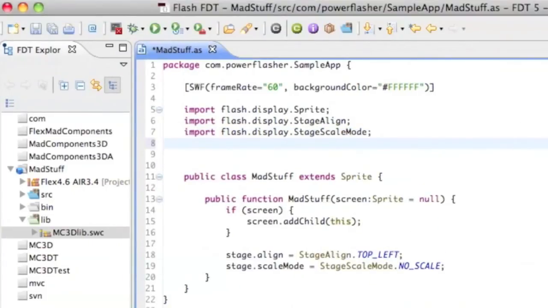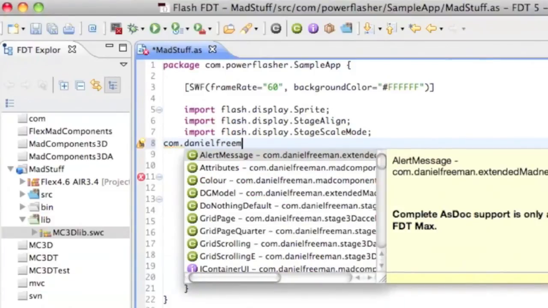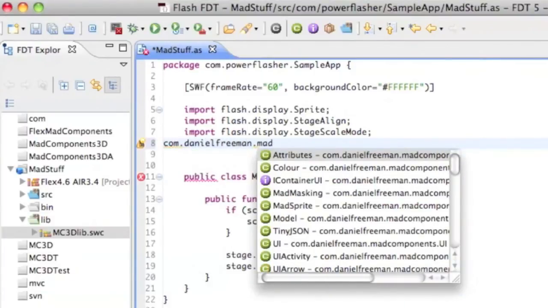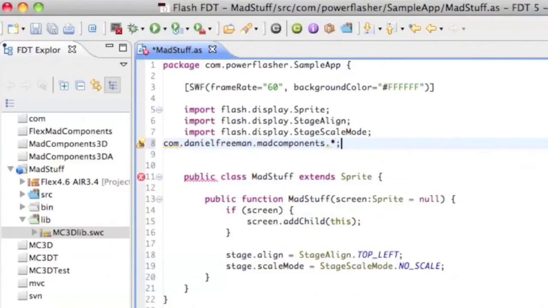First thing I'd better do is import com.danielfreeman.madcomponents.star, because we'll be using those classes. I'll just put an import in front of that, just tidy that up. Okay, so this gives us access to the MadComponents library, and now I'm going to make myself a very simple